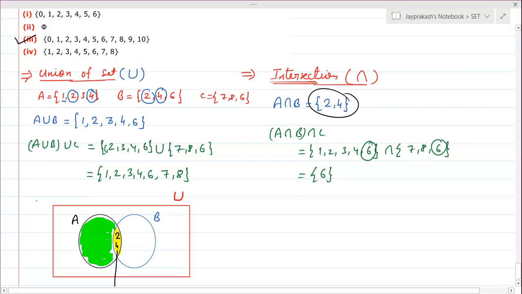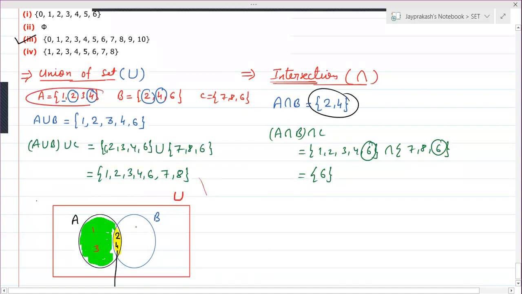Say in the set A, we are having the element 1, 2, 3, 4. So remaining elements are 1 and 3. So here set A is completed. Now you just see the circle of set A. So the circle of set A contains the elements 1, 2, 3, 4. So it is inside the set A.